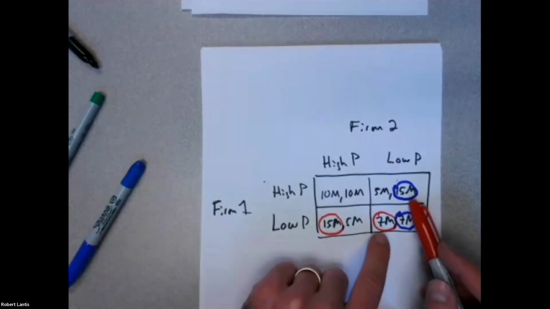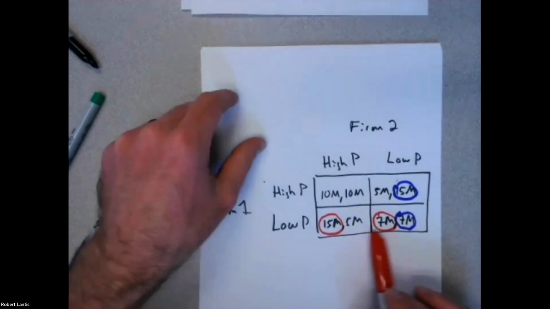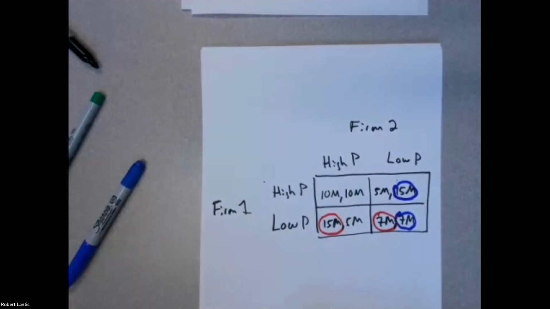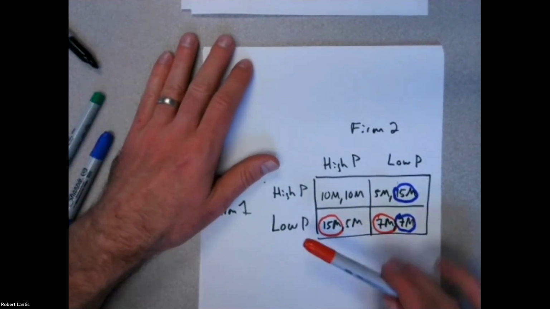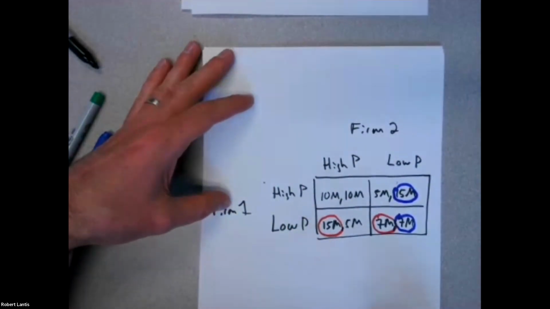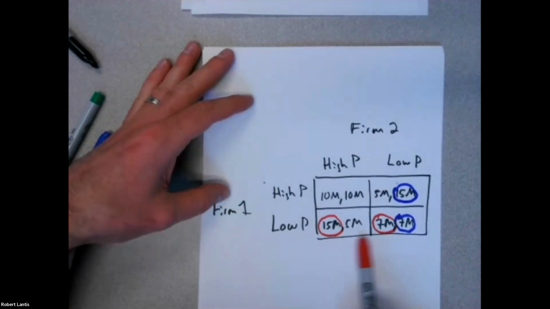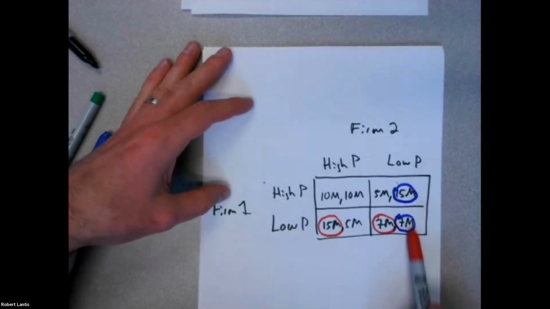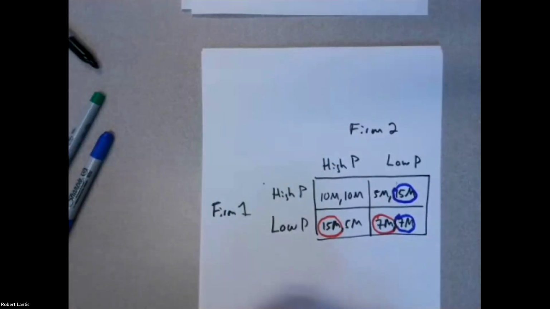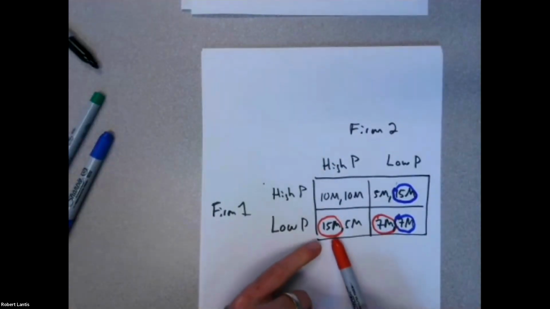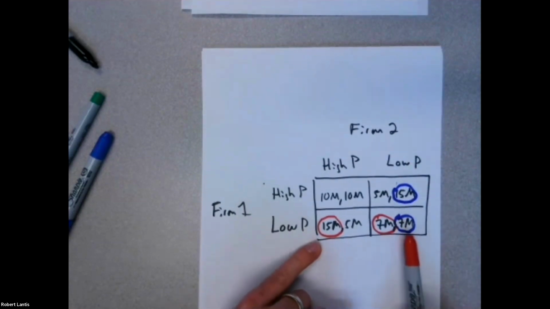Now, they also both have a dominant strategy. Notice their strategy choice is the same regardless of what the other person does. So a non-technical way of remembering this, anytime you have two of these best responses or two circles on the same row, player one has a dominant strategy. Anytime you have two circles in the same column, person two or firm two here would have a dominant strategy, okay? So both firms are going to have a dominant strategy here to set a low price,